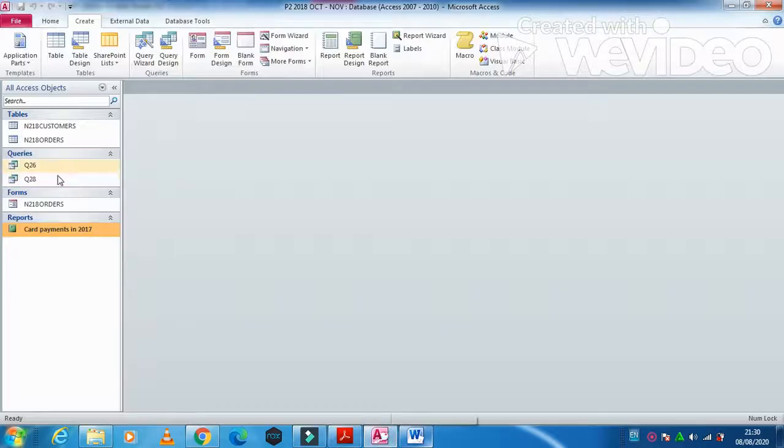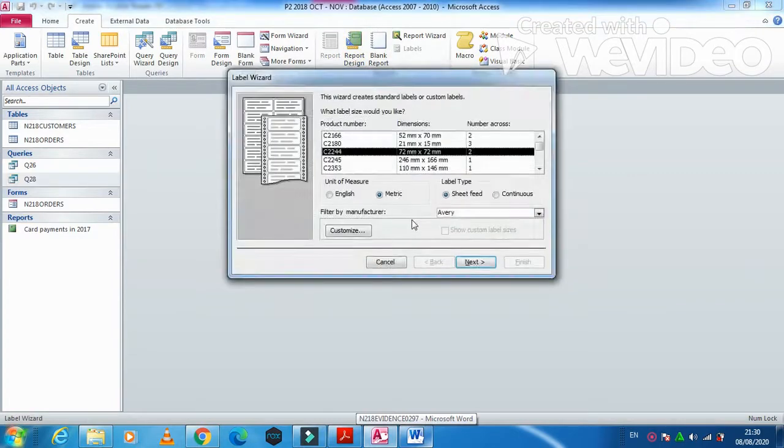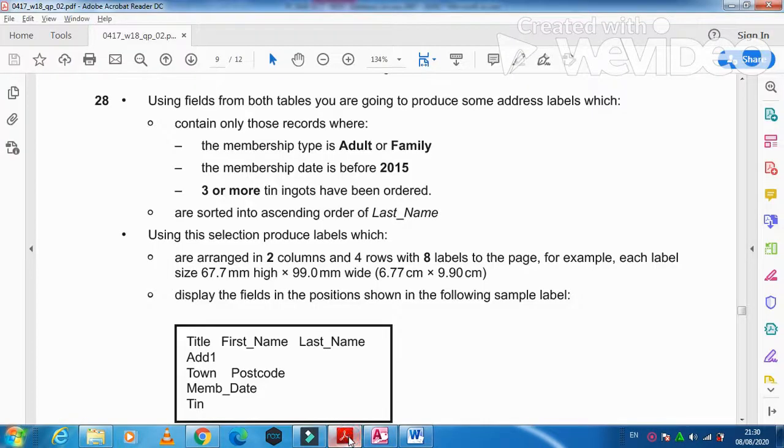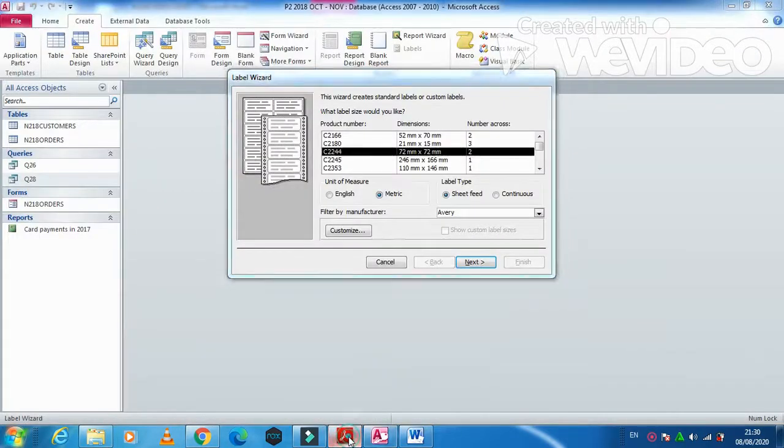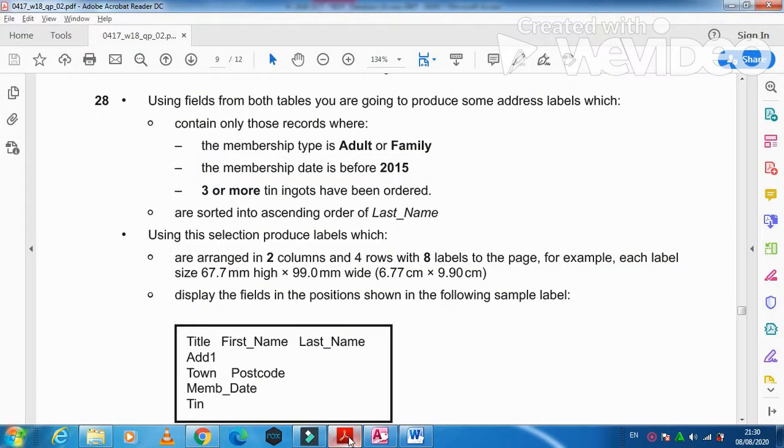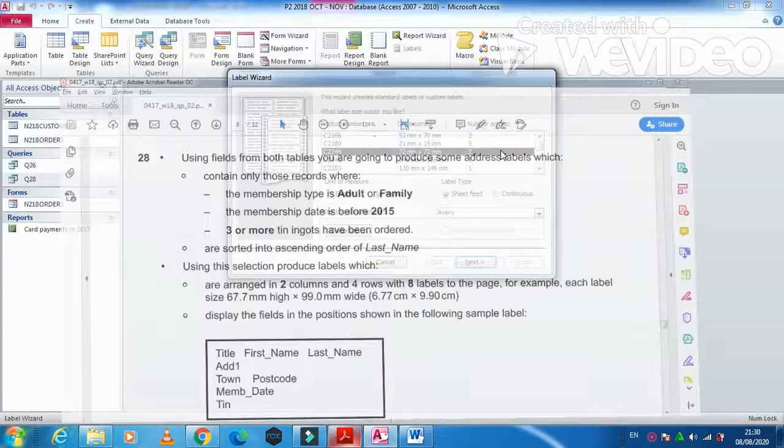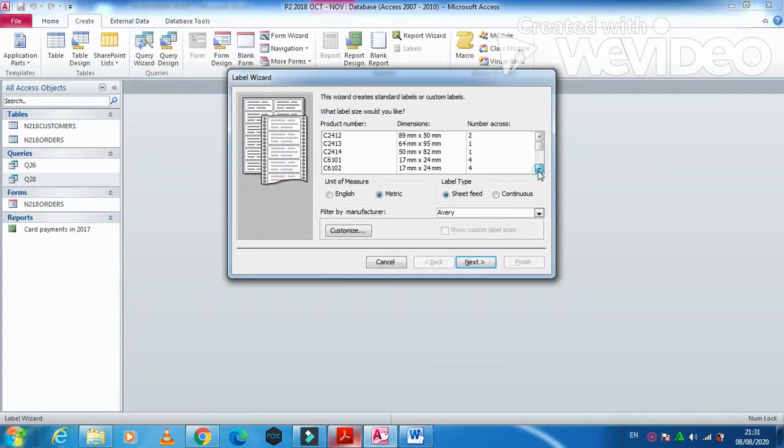So what I'm going to do is we'll click here and then just click on labels. First of all, we need to select the size 67.7 millimeter. So we just need to look for 67.7 millimeter first,